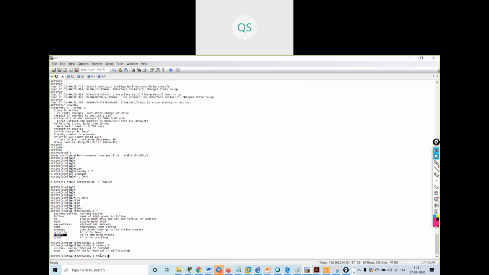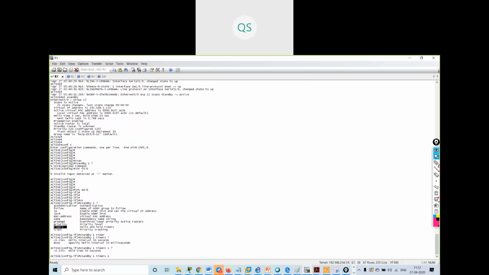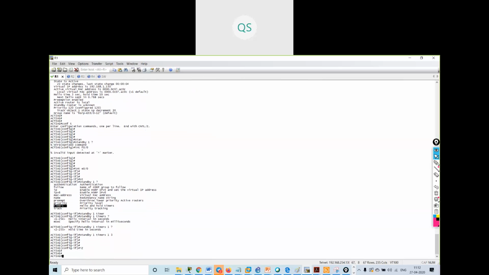My default time is 3 seconds. I will make it 1 second. Then it is asking me for hold time, which I can give from 2 to 255. My hold time is 10 seconds. I will make it 3. That's it, I can change the timers also.